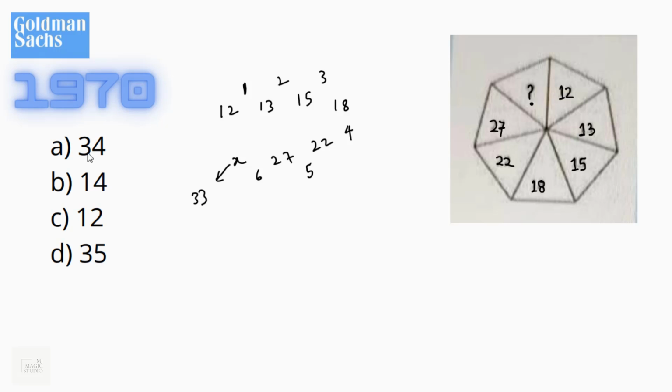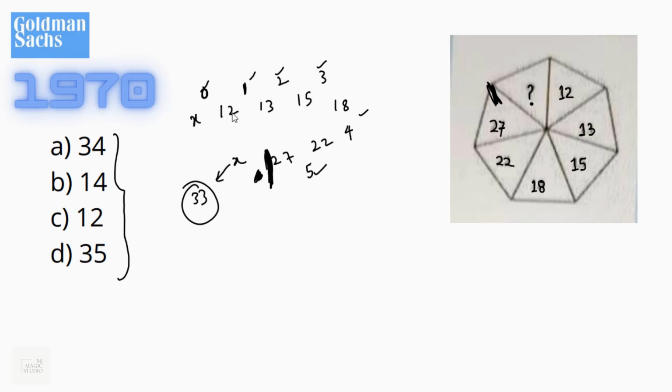33. But 33 does not feature in any of the options. That means here 6 should not be here. This series should stop at 27. And if X is the previous number to 12, then we can have 0 to start with. Difference of 0, then 1, 2, 3, 4, 5. Correct. Differences are the first 6 whole numbers.